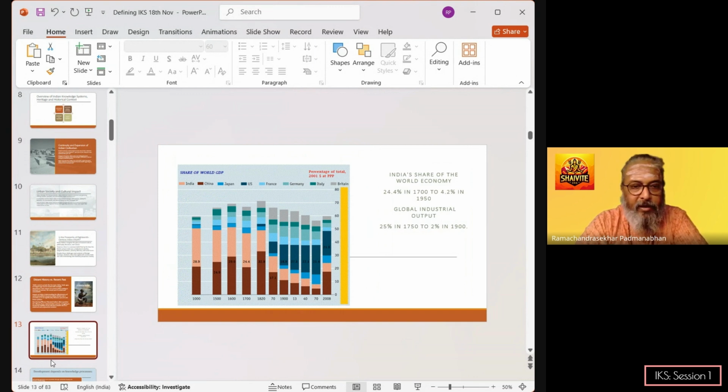1947 is when India got independence. So during this span of 200 plus years, India, which was contributing to 25% of the global economy, was reduced to contributing only 2%, in spite of it having all its